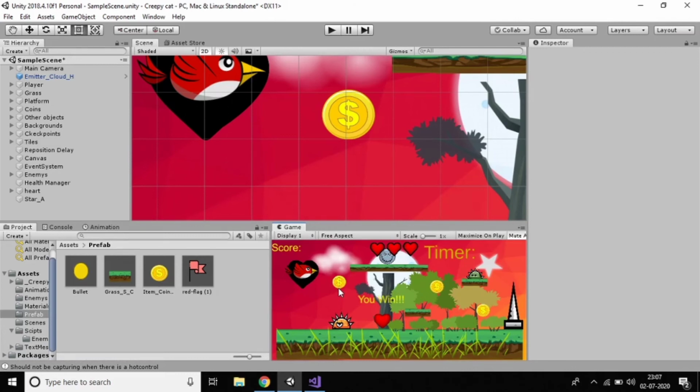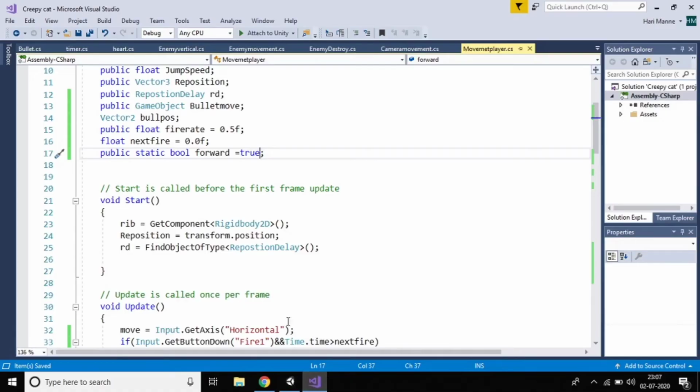So now my task is, if the bullet touches the player, automatically my player should be destroyed. So just go here and go to the enemy destroy code.